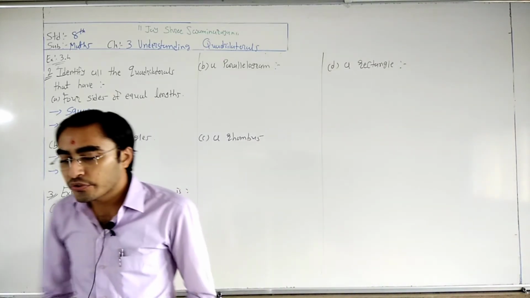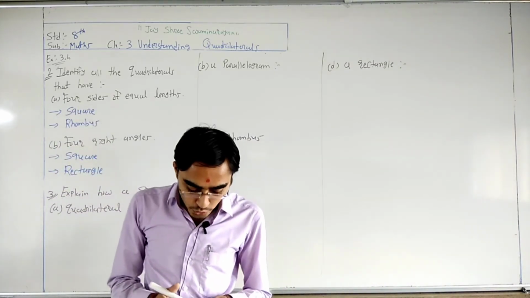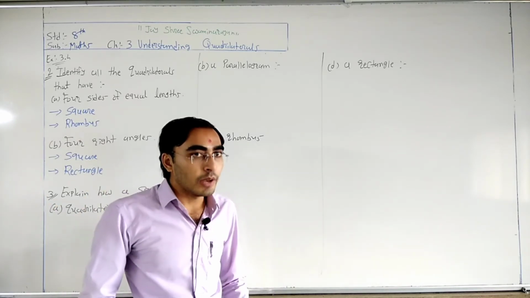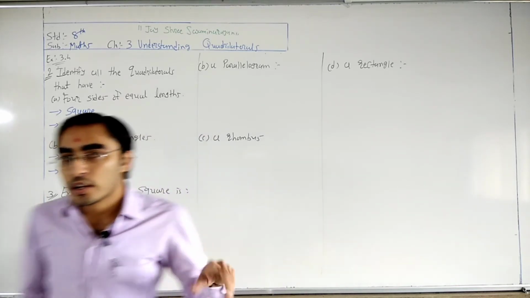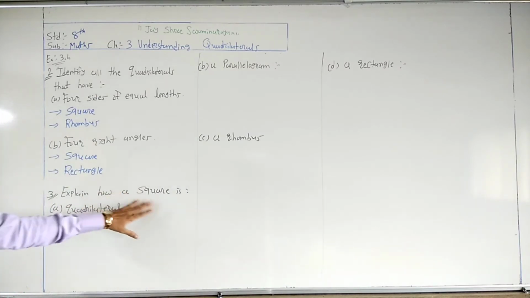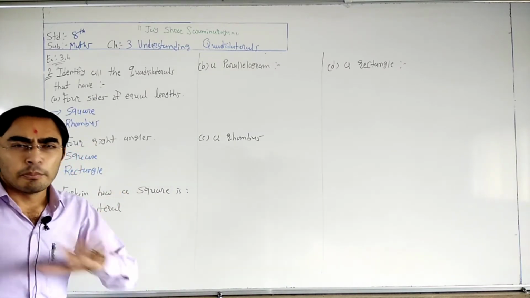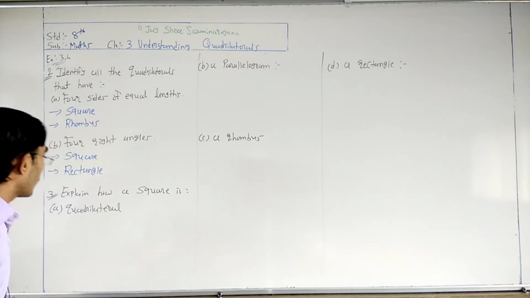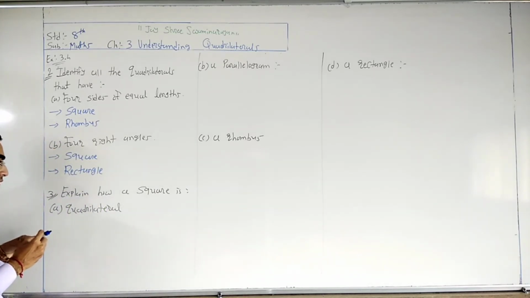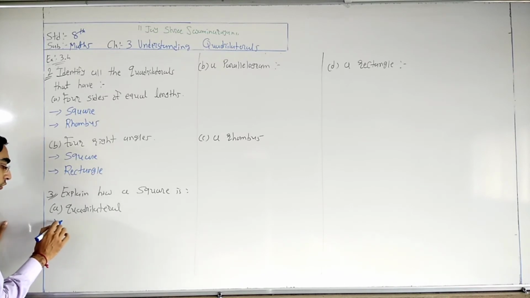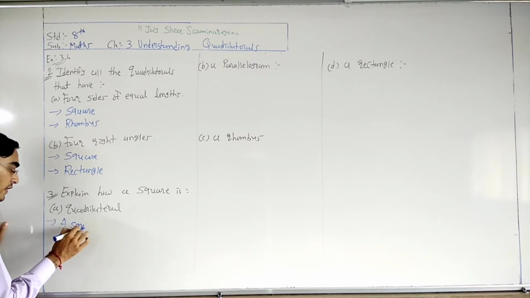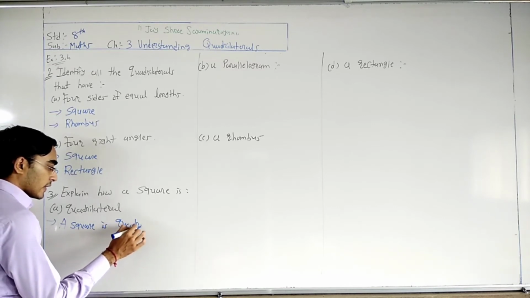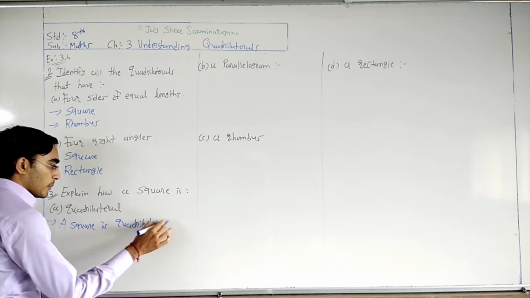We already discussed these things in question number 1, true or false. Required an actual property, so the same things we need to follow here. Now we need to explain why a square is a quadrilateral, because it follows all the properties of a quadrilateral. So here we need to write: a square is a quadrilateral because